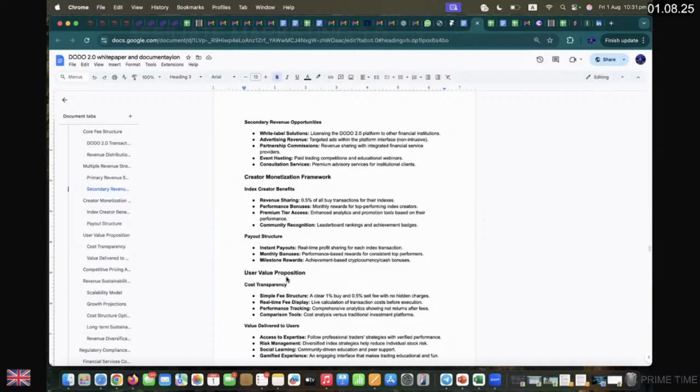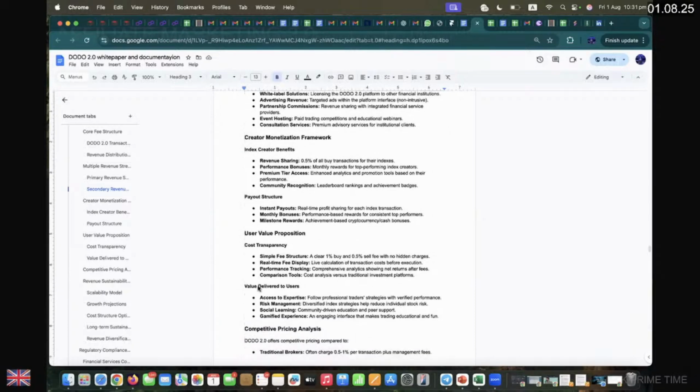User value proposition, cost transparency. A simple fee structure where buy and sell is defined, and real-time fee display. There will be live calculation of transaction costs before execution. Performance tracking, comprehensive analytics showing the net results after the fees. Then comparison tools, as I explained, you will be able to compare the investment in other platforms, in other avenues,